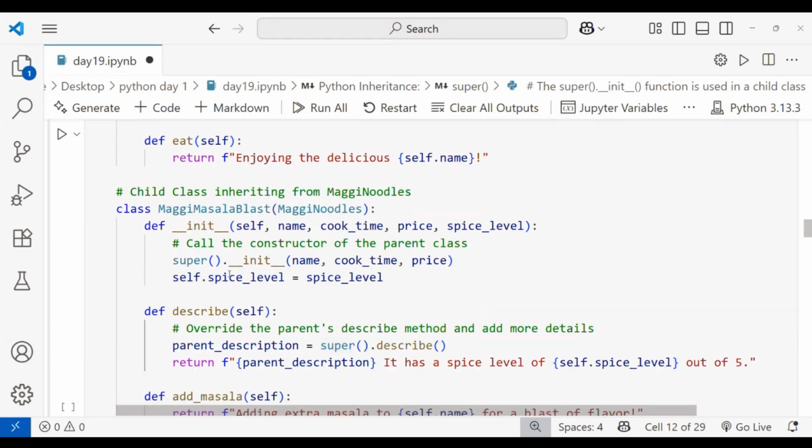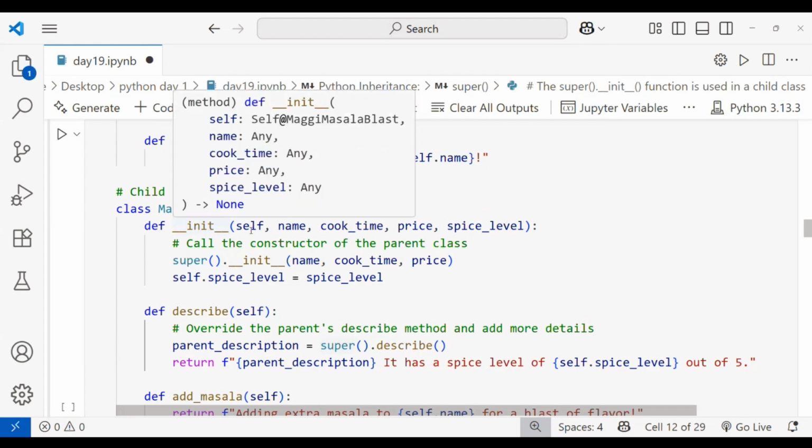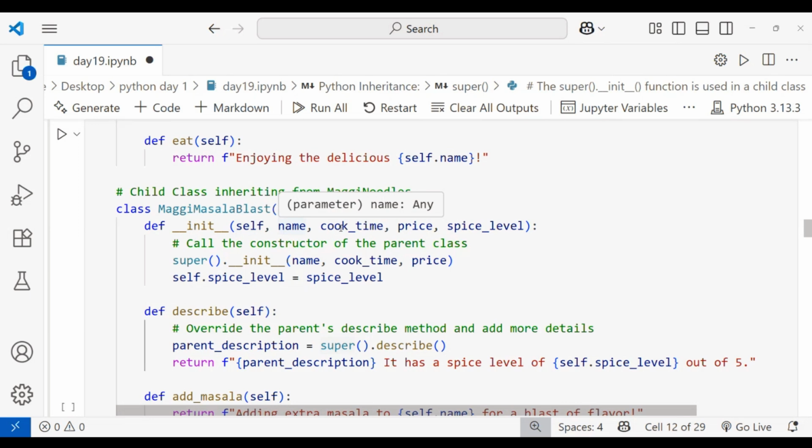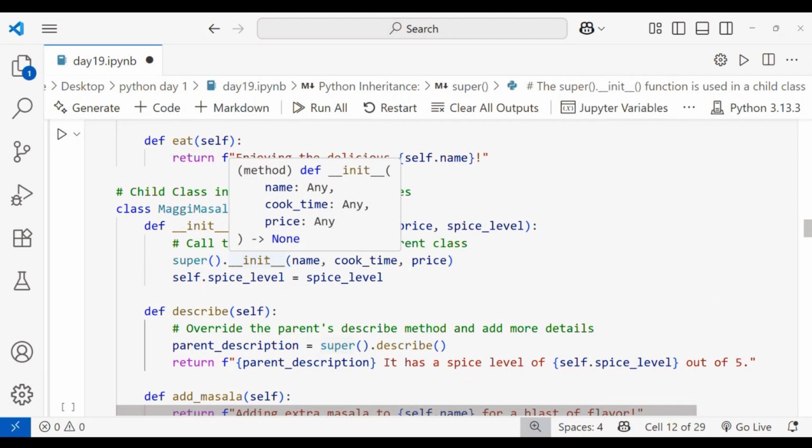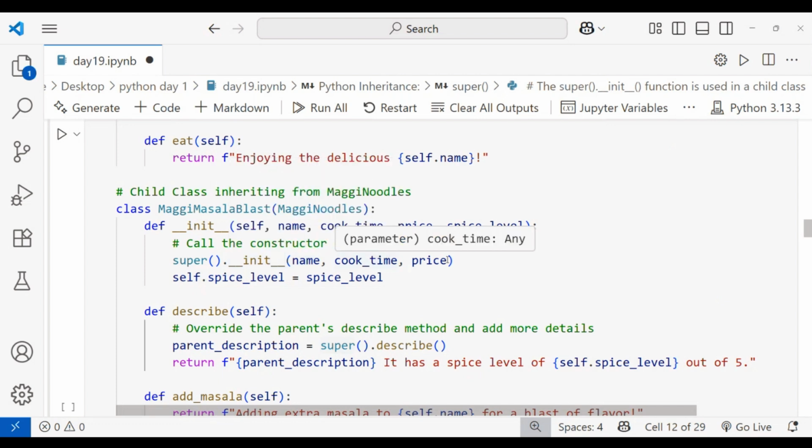Then after that, I'm using def. Def __init__, with self as your first parameter, name, comma, cook time, comma, price, and spice level. You can observe here, name, cook time and price are common from your parent class, and spice level is the new one for this product. To call the constructor of the parent class, which function do you have to use? The super function, right? So I'm writing super().__init__(name, cook_time, price)